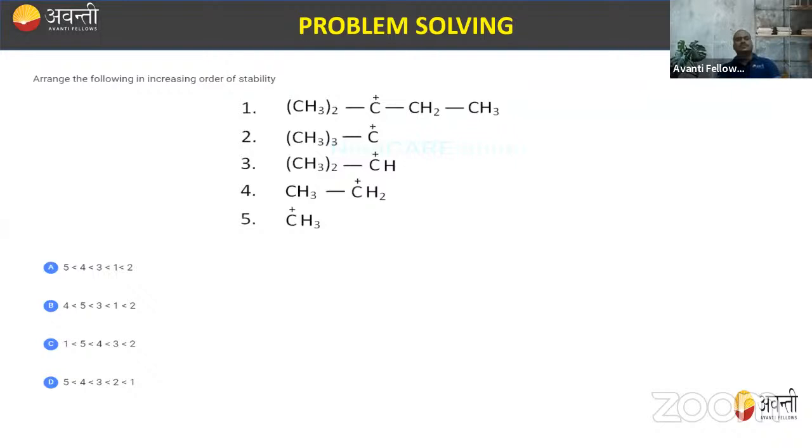Now, move to the next question, that is arrange the following in increasing order of their stability. So you have to arrange them according to their order of stability. ठीक है, so फटाफट देखते हैं ऑर्डर ऑफ देयर स्टेबिलिटी पे इनको अरेंज करना है. तो कौन सबसे ज्यादा स्टेबल होने वाला है, कौन सबसे कम स्टेबल होने वाला है, ठीक। सो बस वही कॉन्सेप्ट है प्राइमरी सेकेंडरी और टर्शियरी का, कौन सा कार्बोकैटायन है।